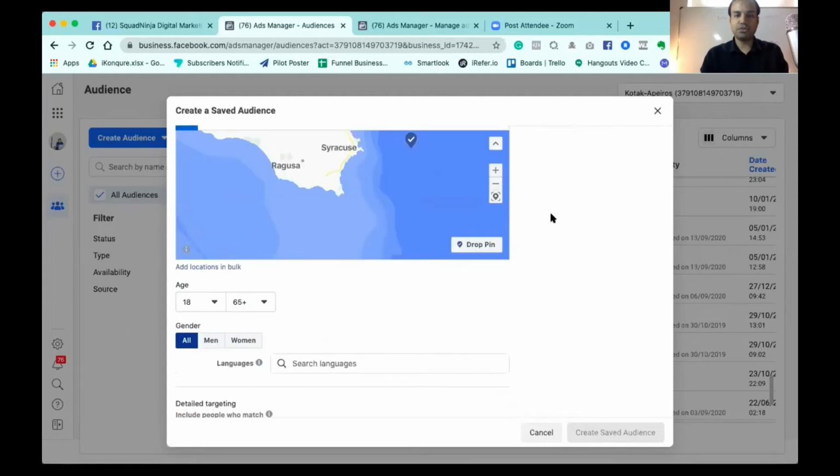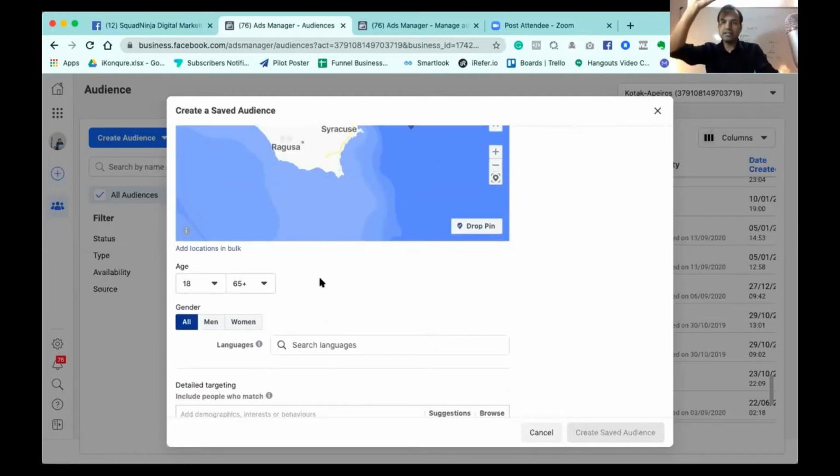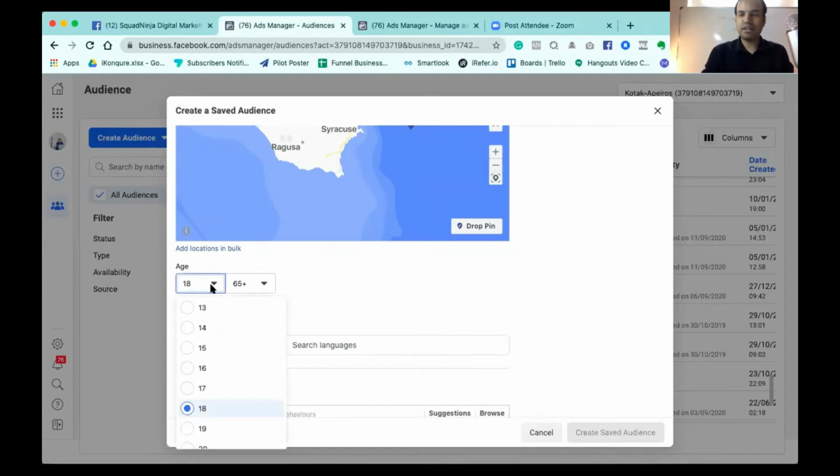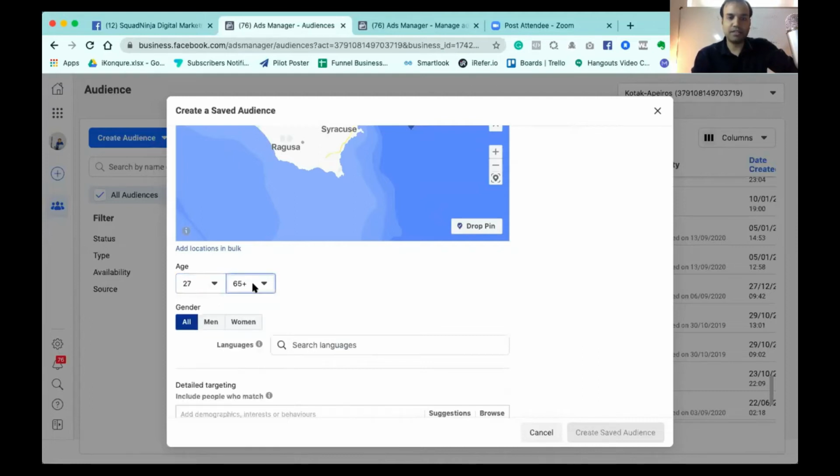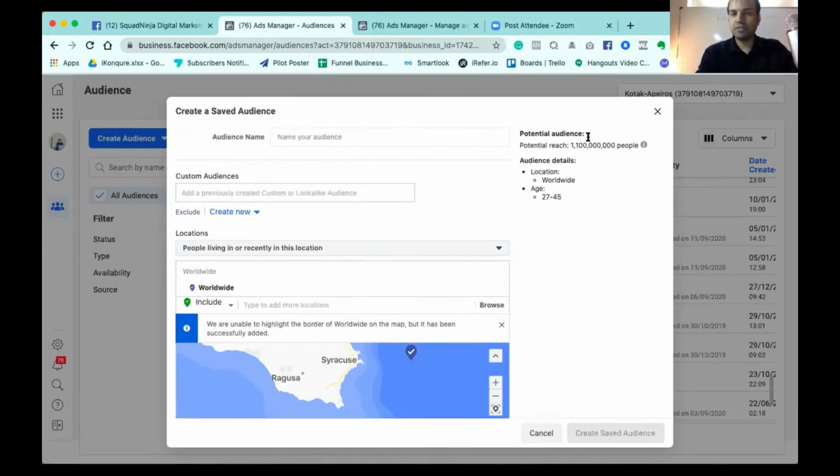What I'm going to do next is age. You have defined your buyer persona, right? This kind of people you want to target. Someone asked how this can be implemented in your ad, so here it is going to be implemented. For example, let me target 27 to maybe 45. Now you will keep seeing the size getting reduced.